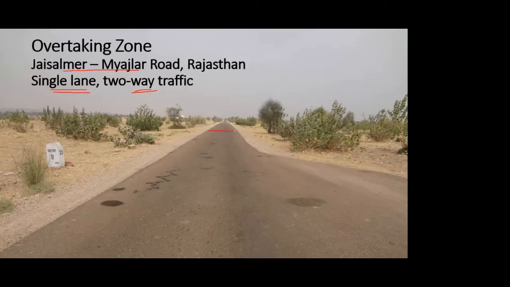So this width is very small, it's 3.5 meter minimum. Till here you have a 3.5 meter width, but after this location, you can see the width has increased. It goes up to this point. So this is nothing but the actual overtaking zone. As you had seen in the diagram, the overtaking zone width was increased on both sides, symmetrically along the center line. But here you can see the width is increased only on one side. And the continuation of this picture is here.